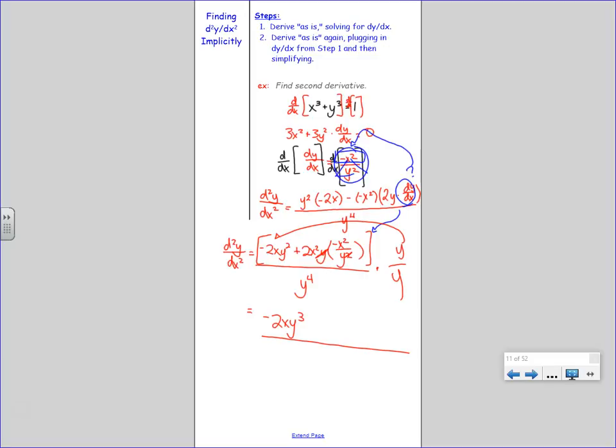Plus, no, it's a minus, right? I didn't see that negative guy. Minus, the y's will cancel as I come into my second distribution. The y on bottom and the y up top are going to go ahead and cancel. But I have negative 2x to the fourth, is that right? All over y to the